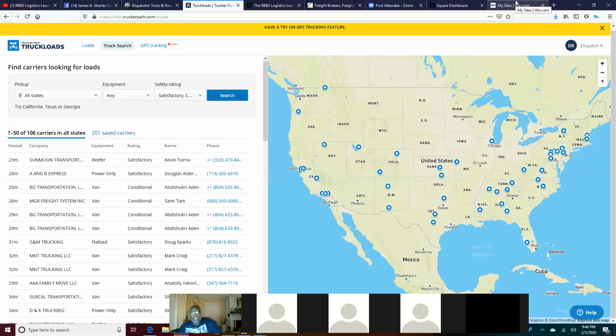Because right now, your agents do all the work. They contact the shippers. They negotiate with the shippers. They get the shipper to sign an agreement and start sending you loads. Then they got to go down here and find the carriers. They got to put the loads on the load board. They got to book the load. And they're only getting paid on the loads that they book. Right?